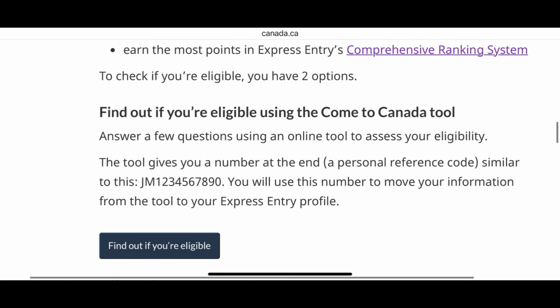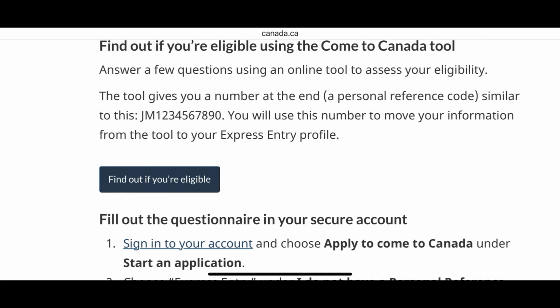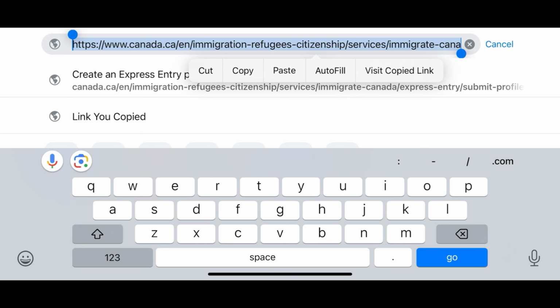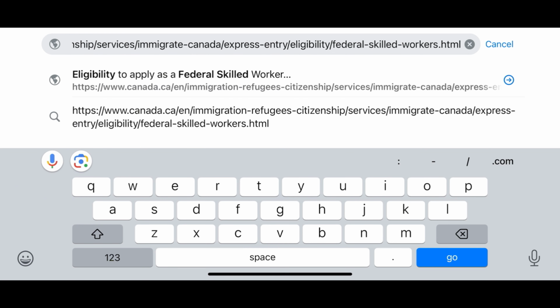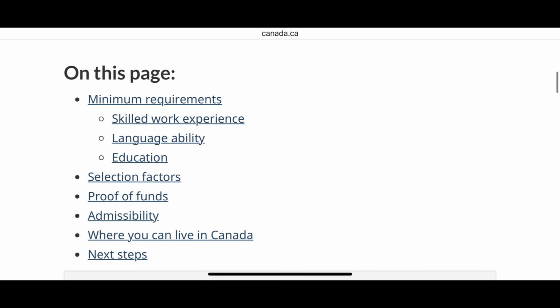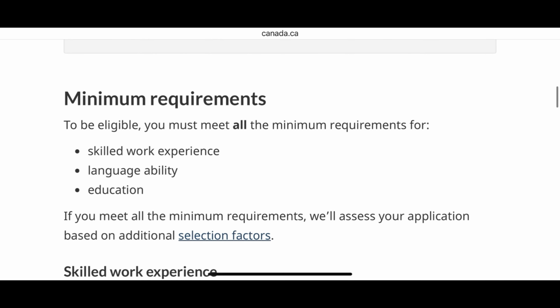So here you see the CRS tool I clicked on before, and then you just click on find out if you're eligible. That's what you just click on here. I'm going to use the link, I'll put that in the description box as well, so you can use that link as well. With that link, this is what it gives you, and you just scroll down, you see all